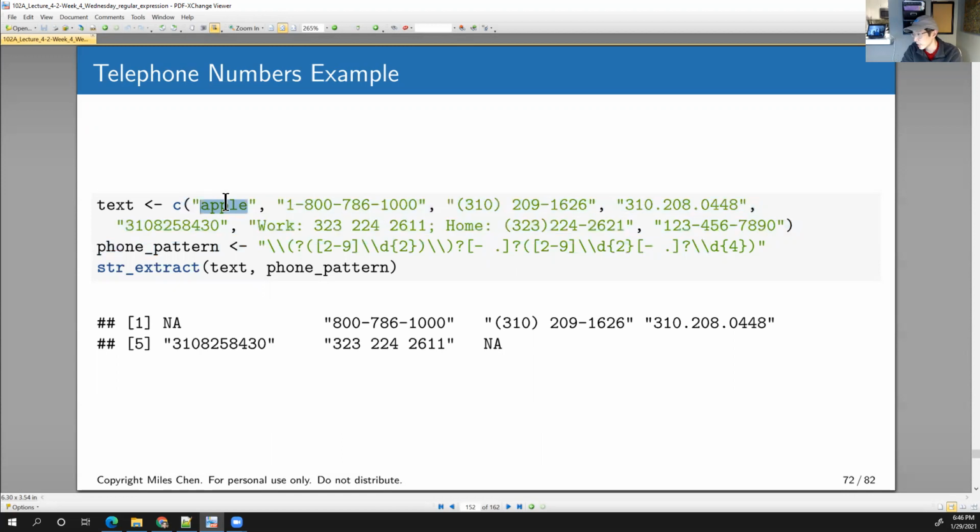The vector of text is Apple, then 1-800-786-1000. That looks like a real phone number. 310 space 209-626 1626. That looks like a phone number. This looks like a phone number, right? Because if you enter your phone number in a field, sometimes people just type things, right? Here they didn't put in any spaces. Here they put in 2 phone numbers, work, semicolon, home, formatted this way, right? This is the only thing that doesn't look like a phone number because it starts with